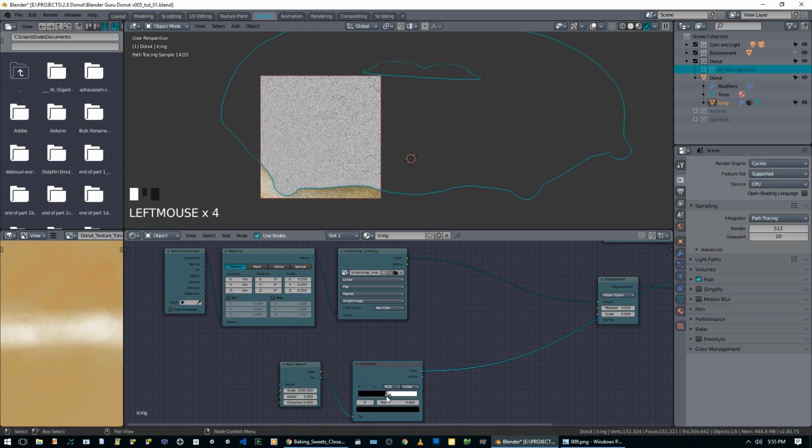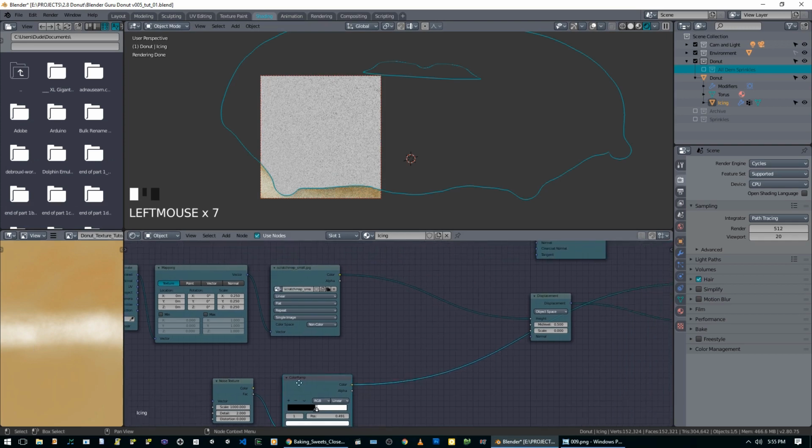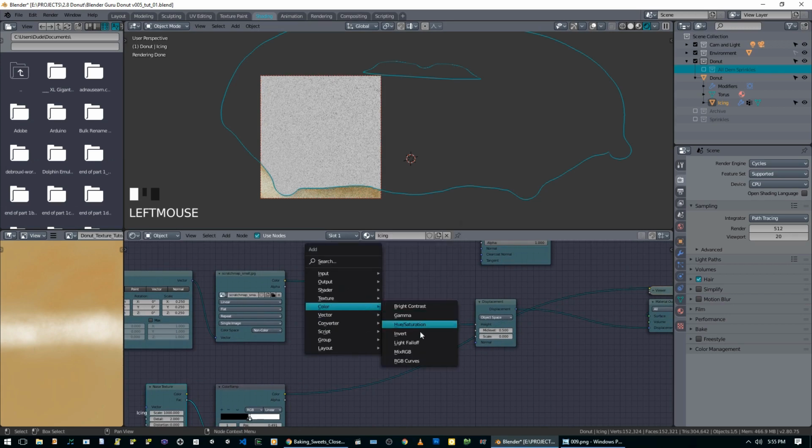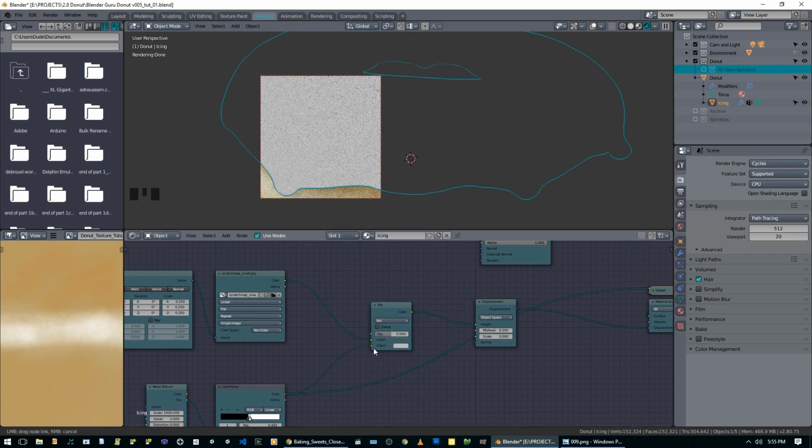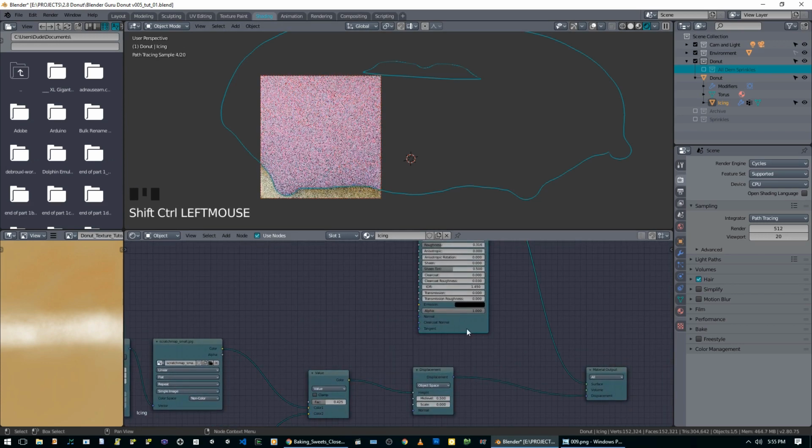There we go. Beautiful. So now we have like a bunch of little spots, but there's not a lot of variance. It's just either pretty much black or white with a little bit of gray in between, but not a huge amount. And just like we did, again, before in the cake material, we're going to add a color mix RGB. We'll Node Wrangle on this. And the values that I found to work for here is to set this to value and to set this to about 0.3. Maybe a little bit stronger, but you get some of those high frequency things in there. So when we go back to our material,